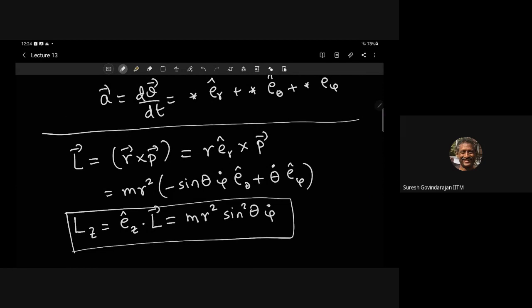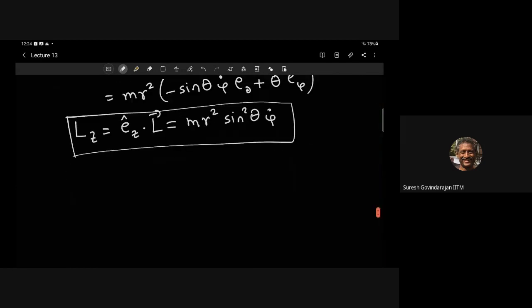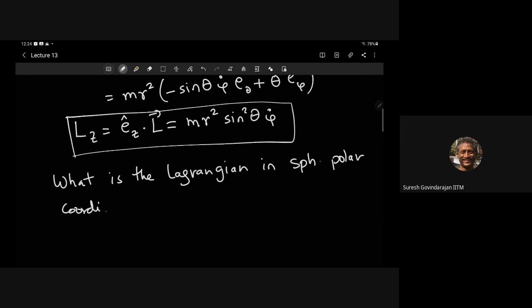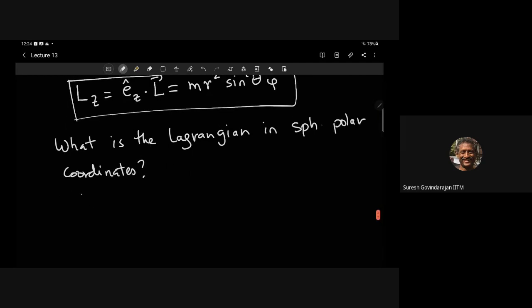Okay, so now we want to write the Lagrangian. Again, we worked out some things in spherical polar coordinates. L is half m v squared, and we have worked out v, so we just have to dot it with itself, and you get